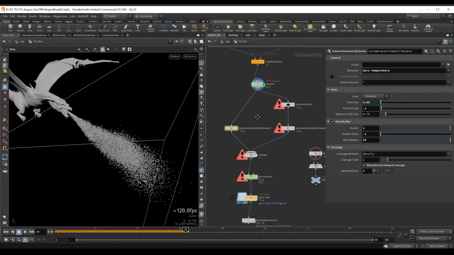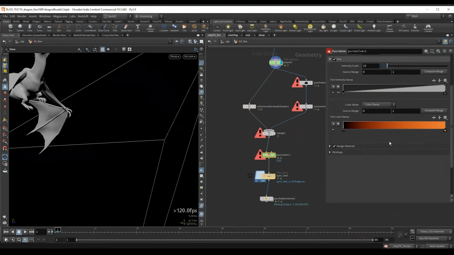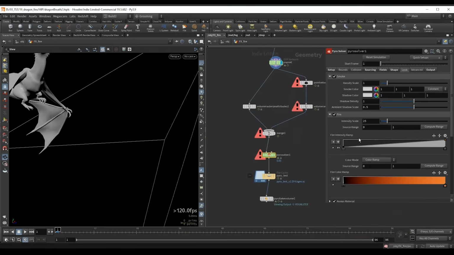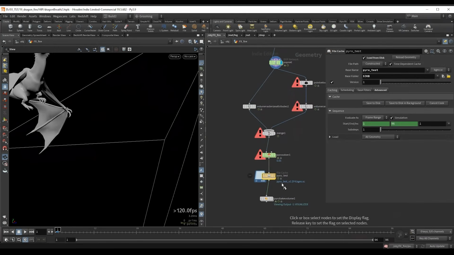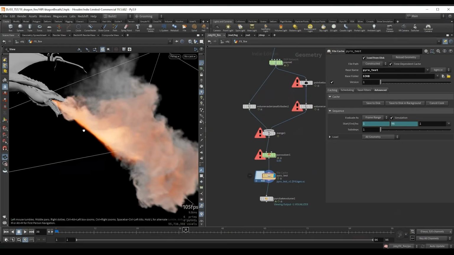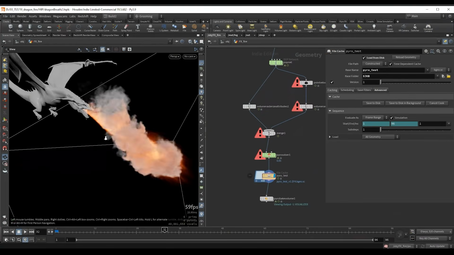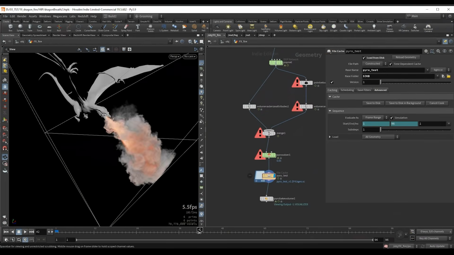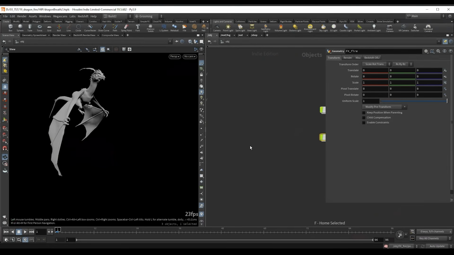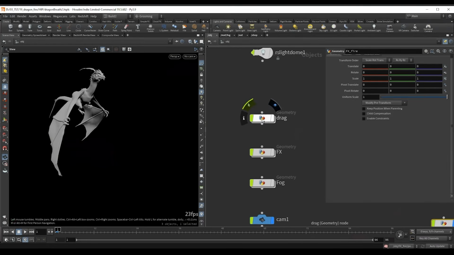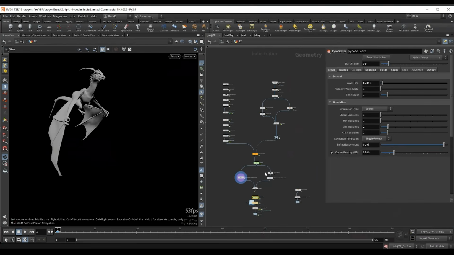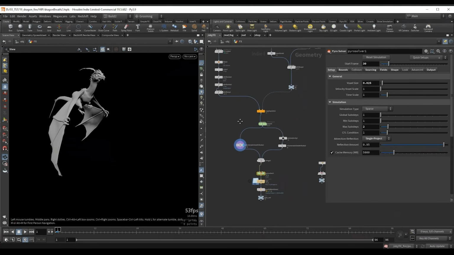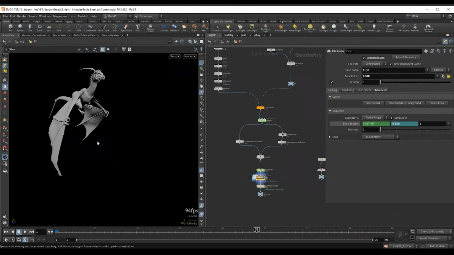Also in the volume rasterize, we can play around with the particle scale. We can also decrease this or increase this, and it will give us different results. And really at every step, you will need to go ahead and do tests and tweak things and turn certain things on and off and see what different results you will get. But this is essentially the setup. And like I mentioned in the beginning, if you want, you can go ahead and inspect the hip file that I provided. Here you can find all of the settings that I used in order to get this look.